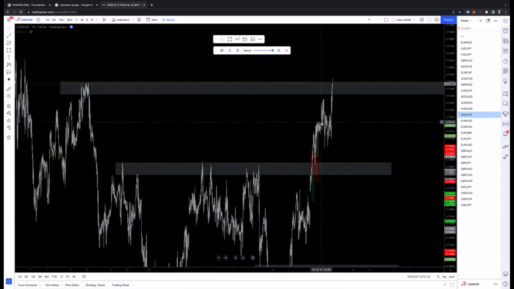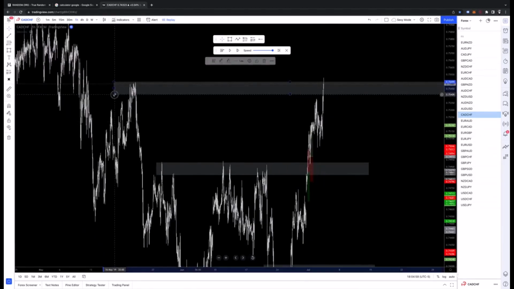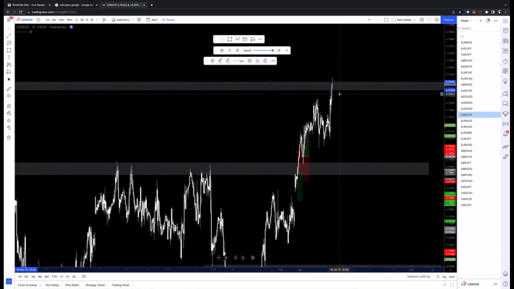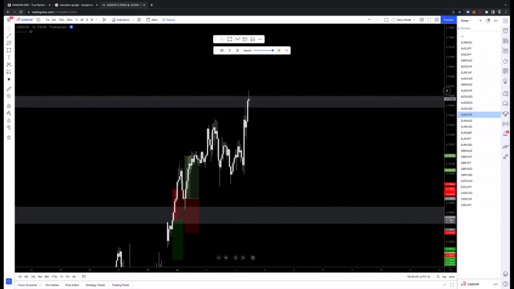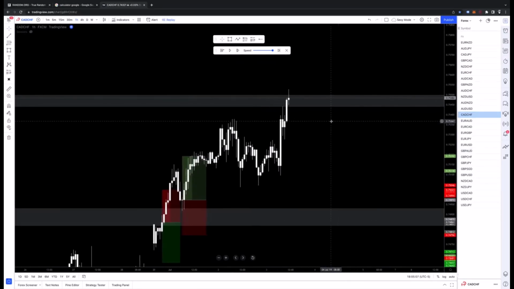Okay. So we've gotten up here, the highs of this zone are right in here. So we've got to this zone. That first candle, that's a straight bull candle going up into the zone. This candle, there's not enough evidence there, in my opinion, to say that price is rejecting this zone. However, this bearish candle closure right there is enough evidence to show that, hey, this trade will be worth a